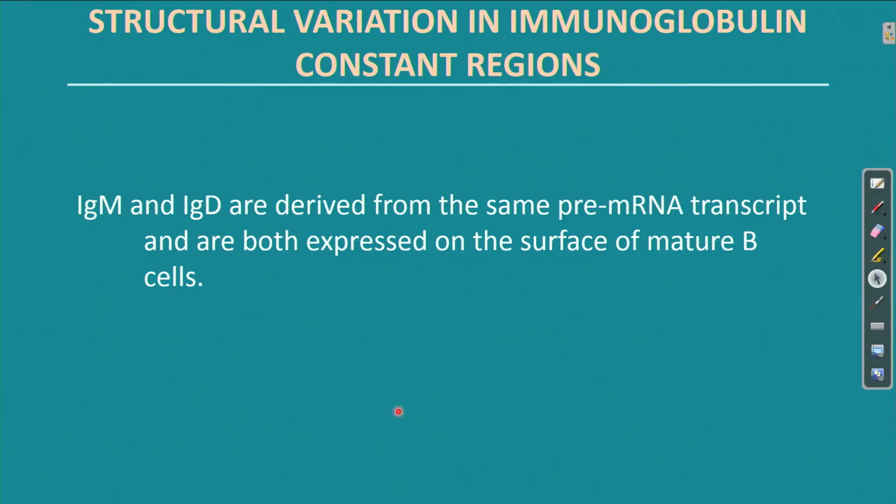Now, IgM and IgD. Okay. IgM and IgD are derived from the same pre-mRNA transcript and are both expressed on the surface of mature B cell. I am repeating again, though it is written, IgM and IgD are derived from the same pre-mRNA. How is it possible? So, before going there, what I will do is,